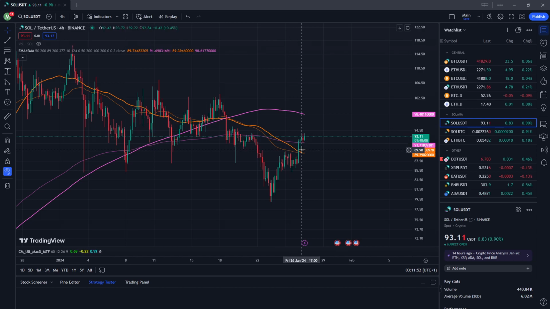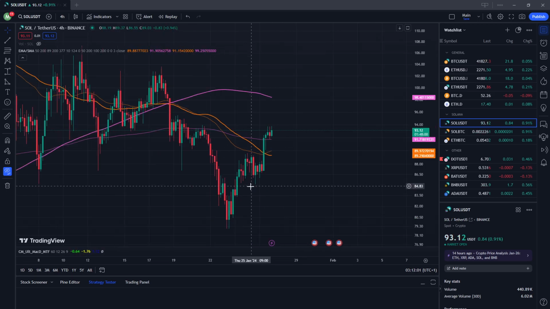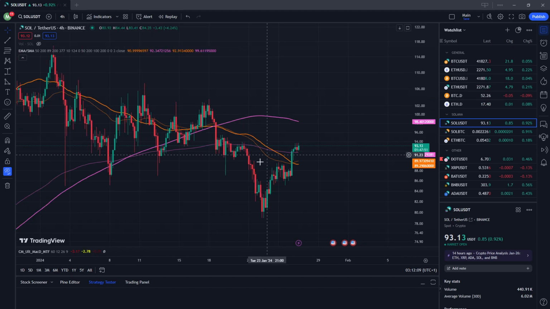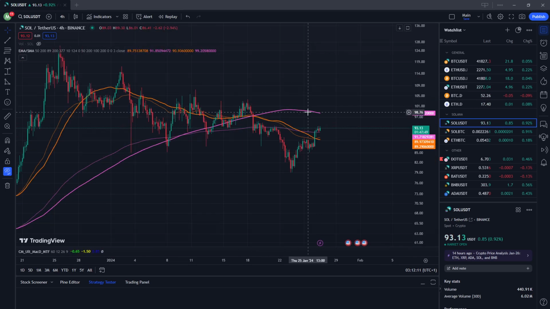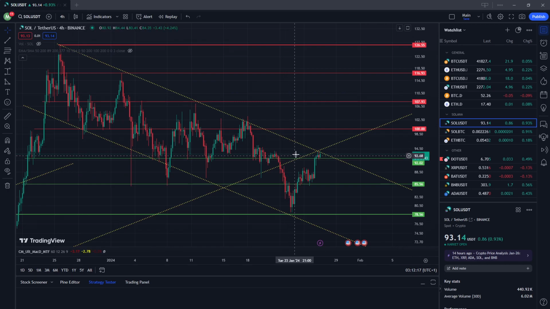But I do see this, and this again is the short-term indication for maybe a trend reversal. Trend reversal, yeah, basically that it goes up again. So I do believe that it goes up. I do believe that it might go up to 98, and if it breaks through this line, which is basically also, if I set everything on again and turn this off, basically if it goes through this line, then